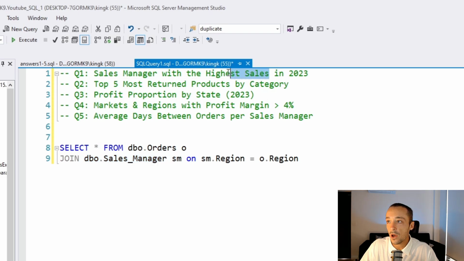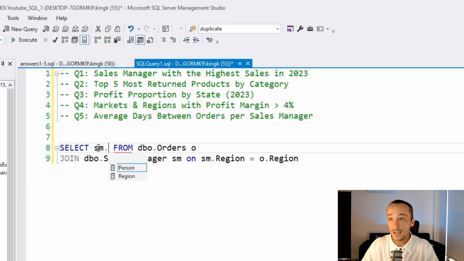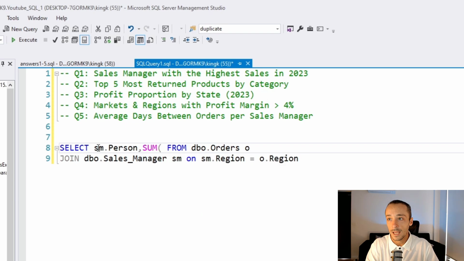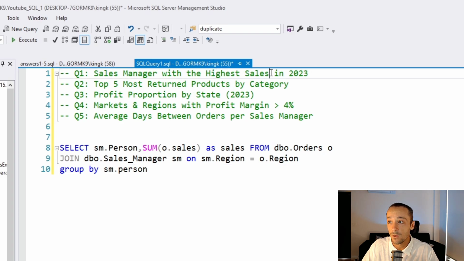And then we need the highest sales. In order to do so, we need to find the sum of sales. That's the mathematical formula that we need. So we'll get the person and then sum, and we should have sales in this as sales, and we also need to put in the group by sm.person. That query will give us the actual person and the sales, but the question is asking for the highest sales